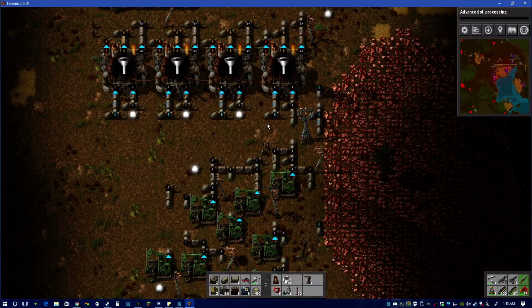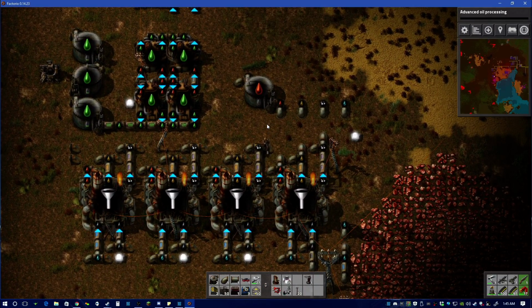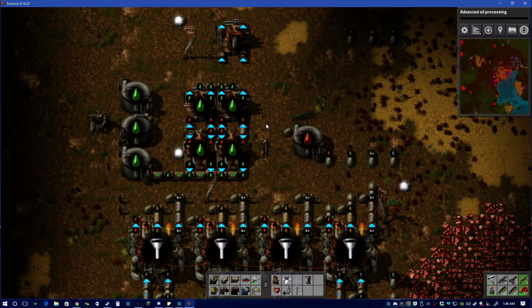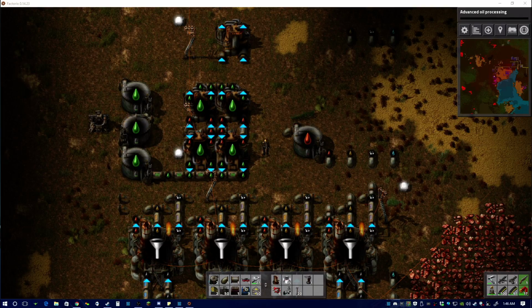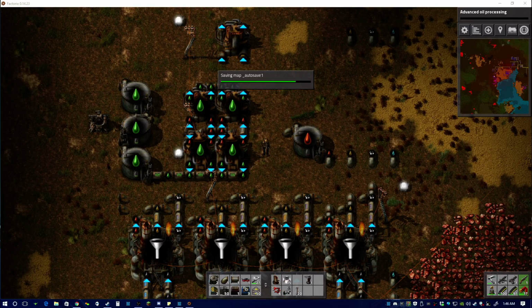And so this is now powered. The pump is not yet powered, but we're going to put a power pole here. And I want it to work only under certain conditions. So basically, I want to have maybe a little bit of leeway in my tank. So I'm going to use 2 decider combinators. And I'm going to connect the output of each to this pump because they're going to send a signal telling the pump when to work. Now the input of these is basically going to be dependent on the readings we get from the entire system. So I'm going to connect the inputs of both of